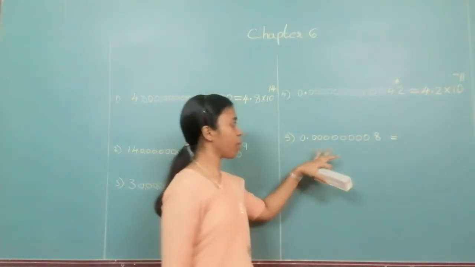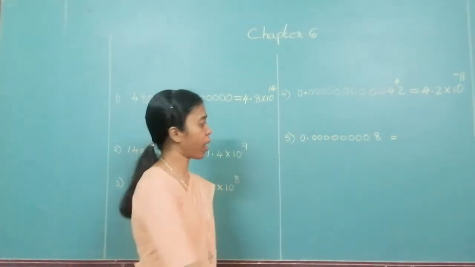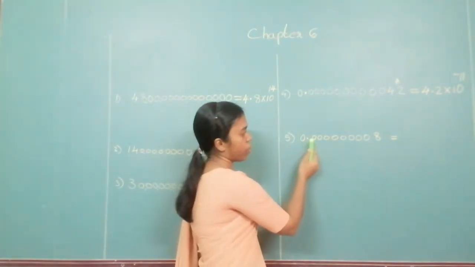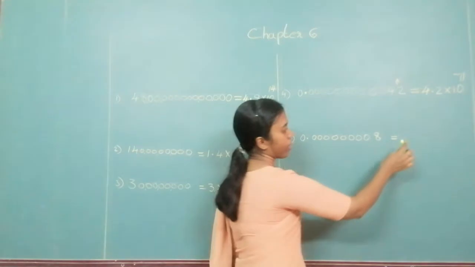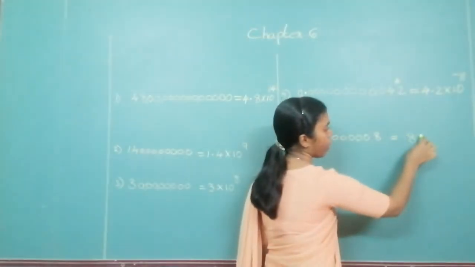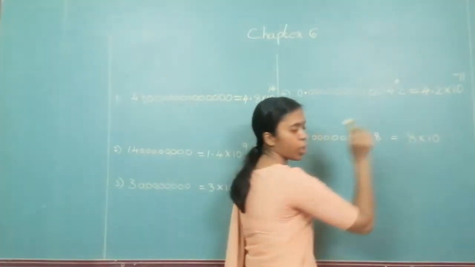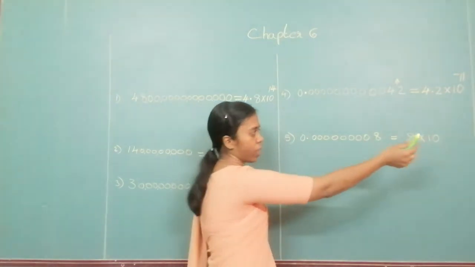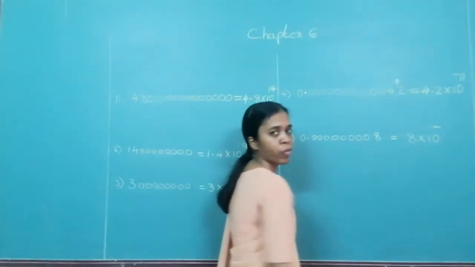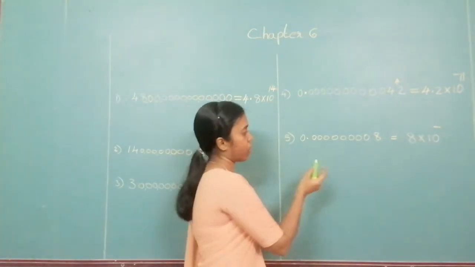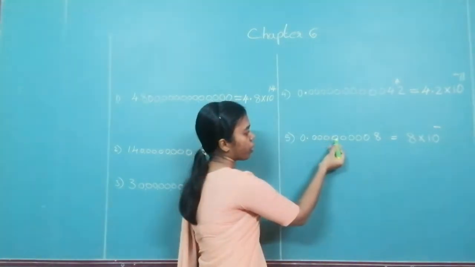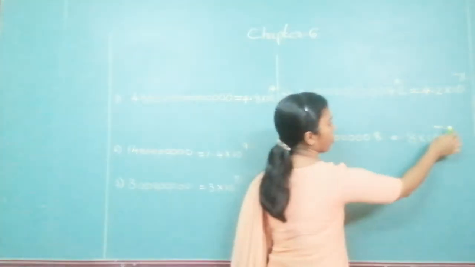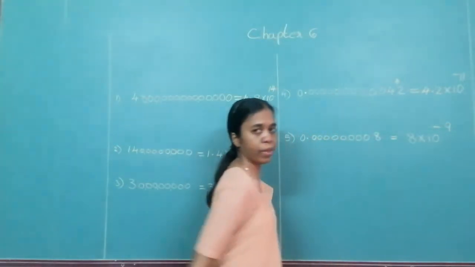So now can you tell me about this? I have to shift the decimal from here to the right side. Here is the decimal. Okay, I have a digit that is 8. So it will be like 8 multiplied by 10 raised to. Since I am shifting the decimal from left to the right, it will be minus. Now you see how many places? 1, 2, 3, 4, 5, 6, 7, 8, 9. So it will be 10 raised to 9.